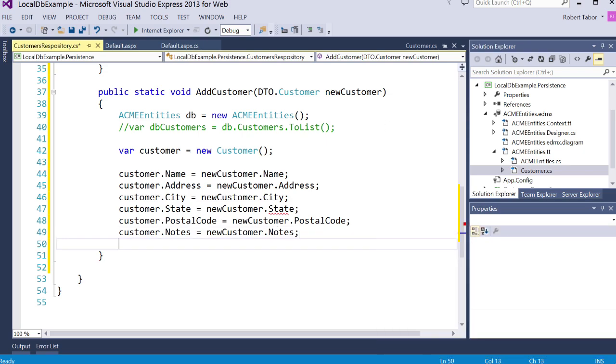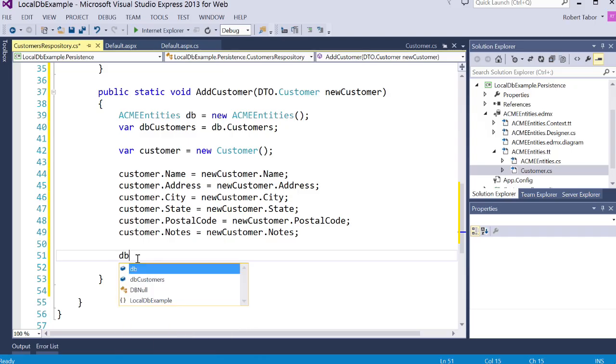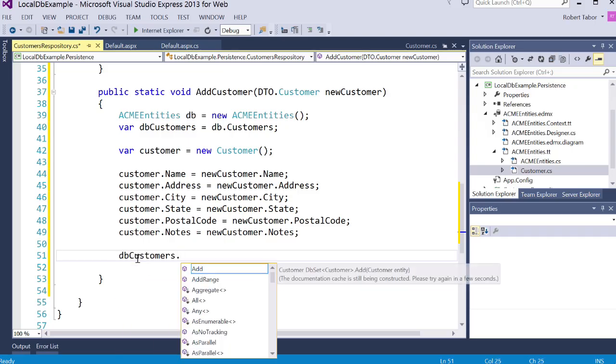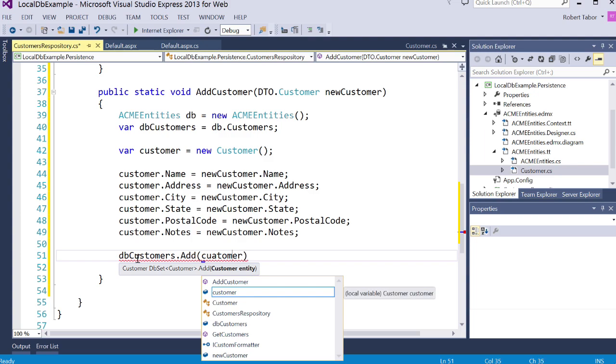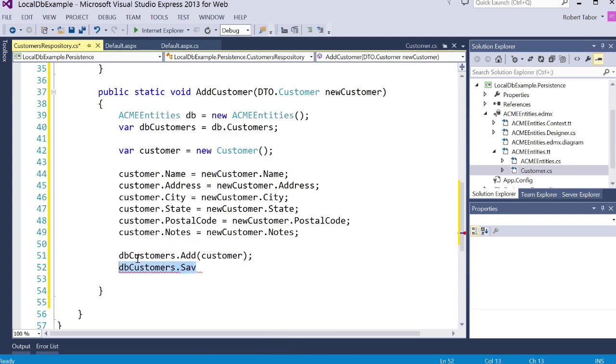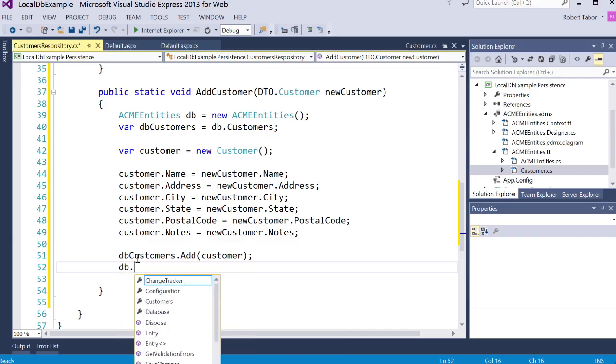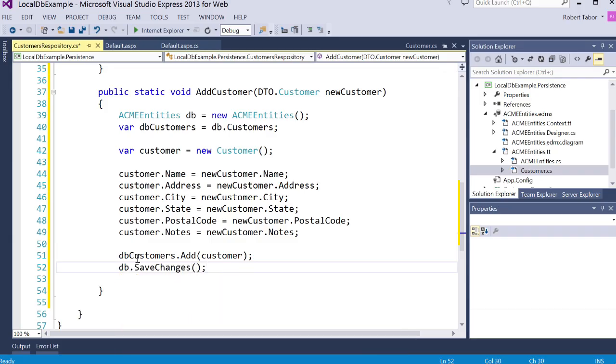And then the next thing that we're going to want to do is to actually commit this to the database. So actually I do want to use this after all, but I'm going to get rid of the ToList because I actually want to work with the DbSet of customer. And so with the DbSet of customer, I'm just going to go db.Customers.Add, and you can see I can give it a customer entity, so I should be able to just give it customer. And then finally I'll need to do a db.SaveChanges, and that will actually commit those changes to